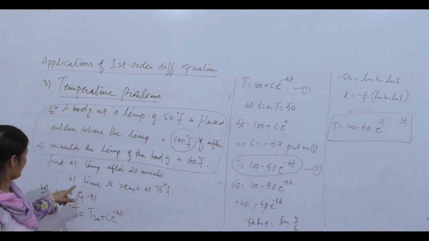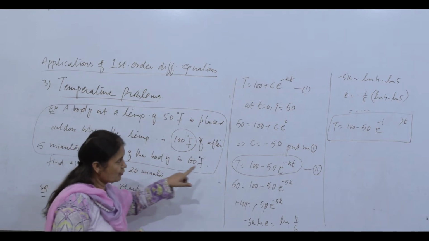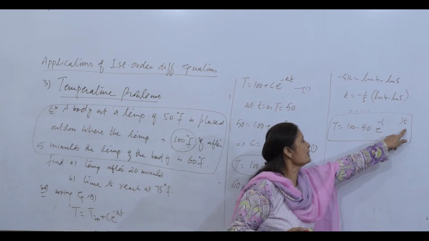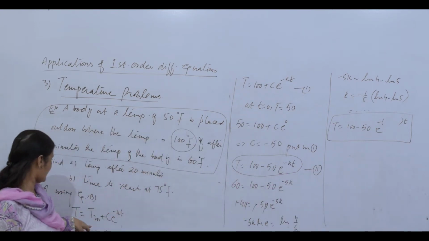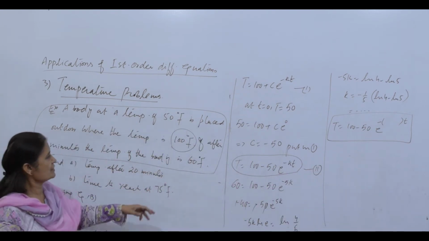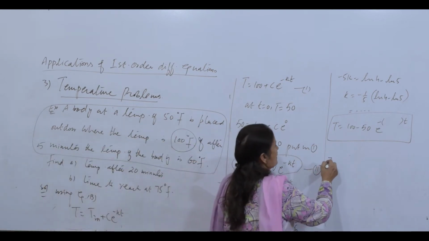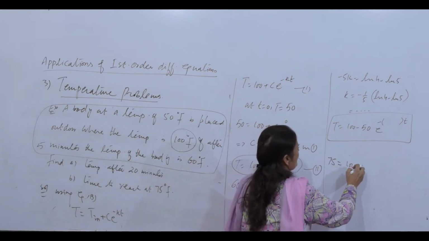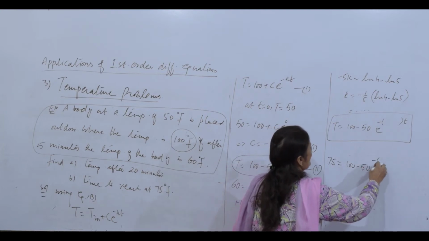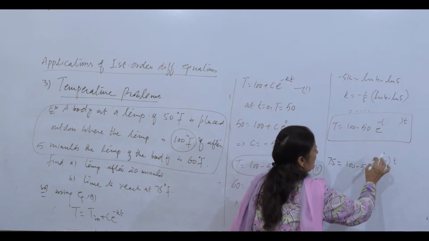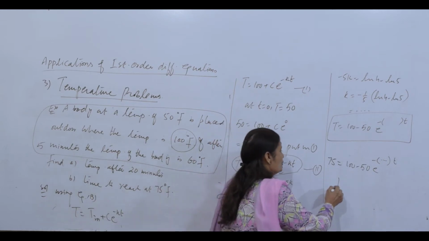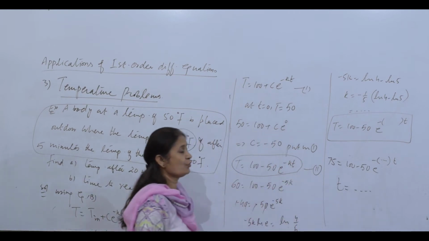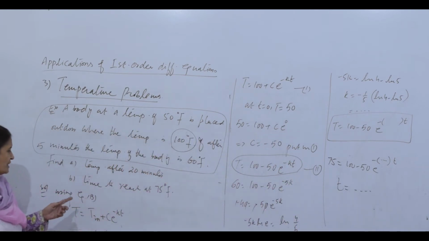Now, coming to the temperature after 20 minutes, put t is equal to 20 and solve this. And then the time required to reach 75 degrees Fahrenheit. For 75, T is 75 is equal to 100 minus 50 e raised to some power t. This is a value you determine. So simplify, take natural log, and find t. You are finding how long it will take for the body to reach 75. That's all.